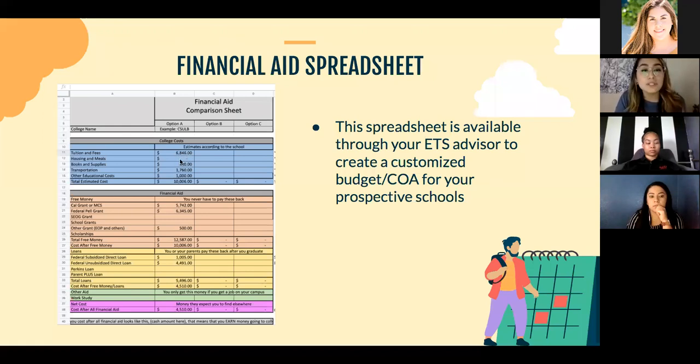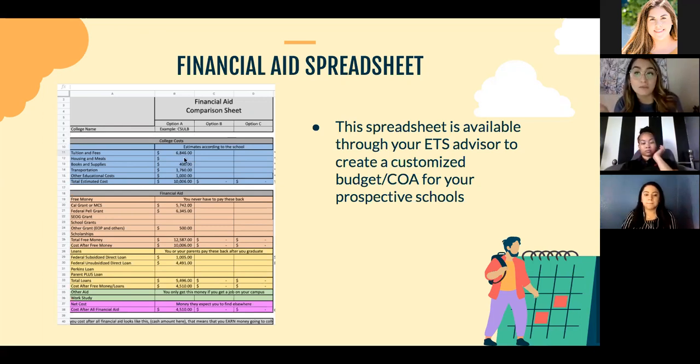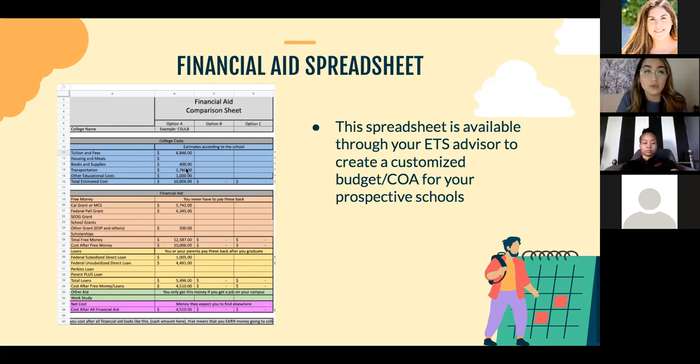Now, you'll notice here that this student didn't put anything for housing and meals, and that's because this student decided to commute. So they're going to drive to campus. Obviously, they're not going to pay as much as a student who is going to be dorming and on a meal plan. So this is going to be maybe different than the cost of attendance sheet that Long Beach actually gave them. And that's good for the student to know because, again, they're making a budget that's customizable to their own needs. And so maybe we discussed for books and supplies, they're not going to really spend that much.